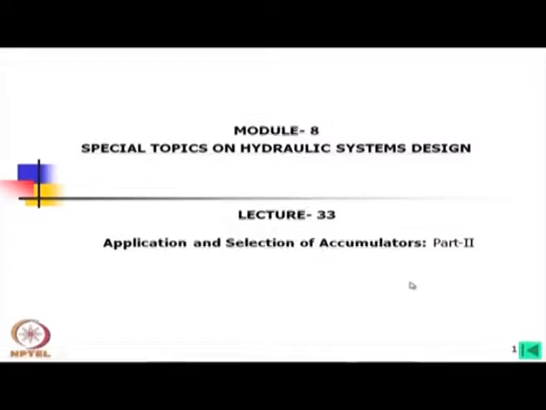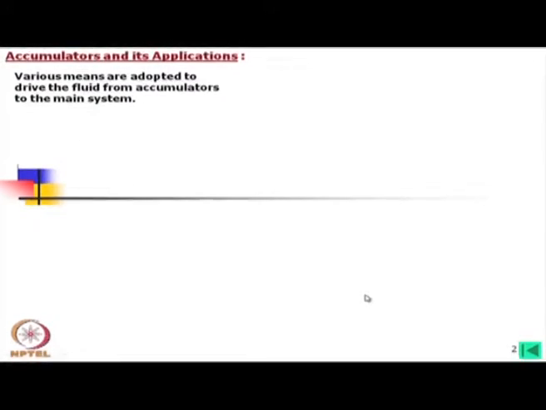Welcome to today's lecture. This is a continuation of application and selection of accumulators. Now, various means are adopted to drive the fluid from accumulators to the main system. Therefore, the types of accumulators are classified according to how they are driven to the main system. These are as follows: